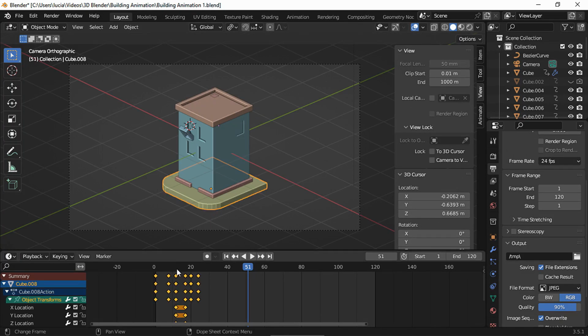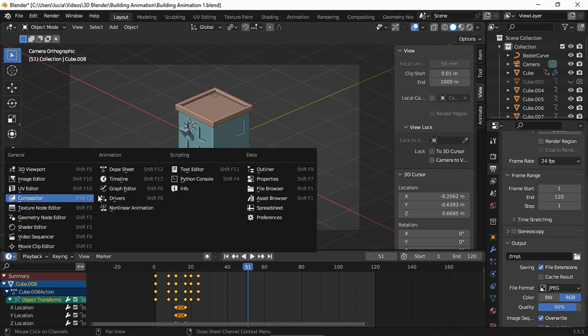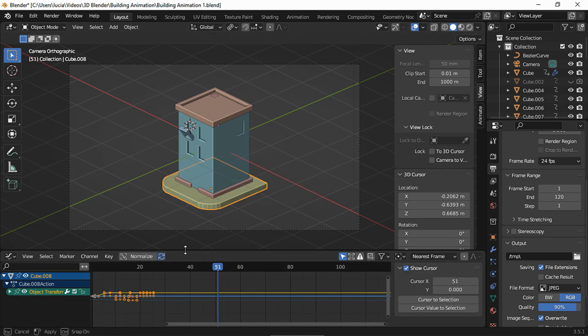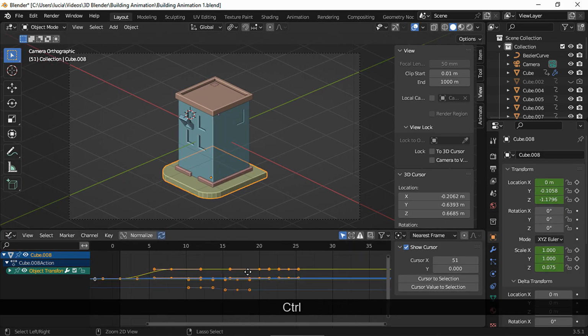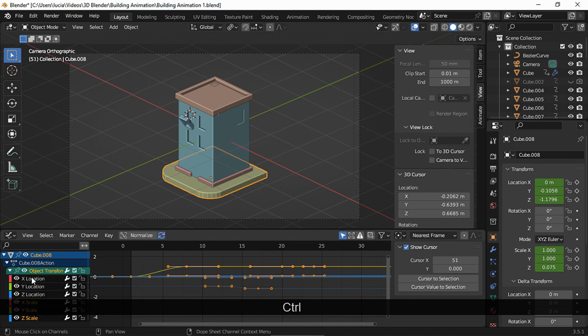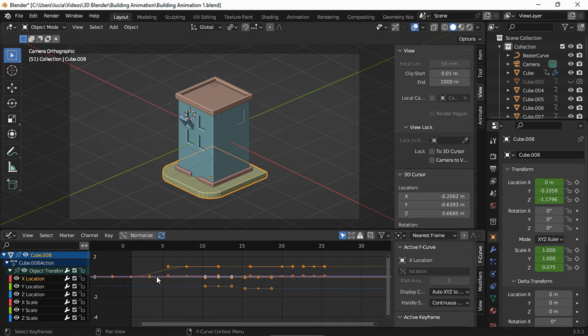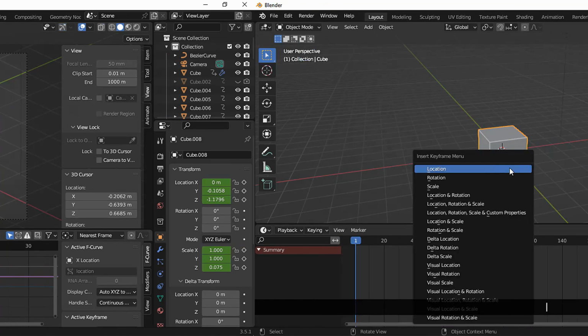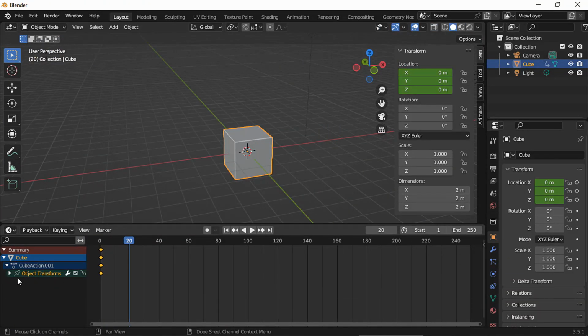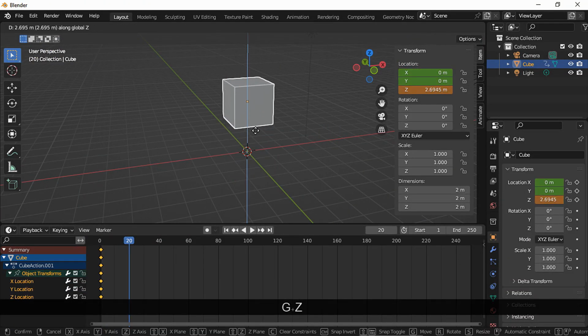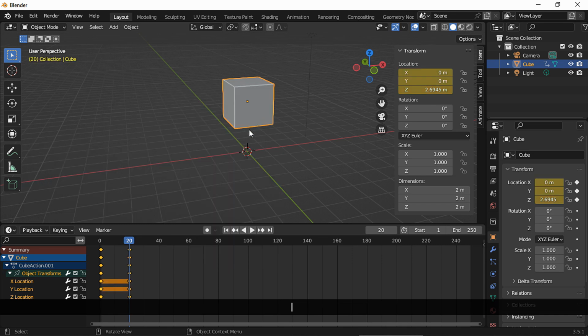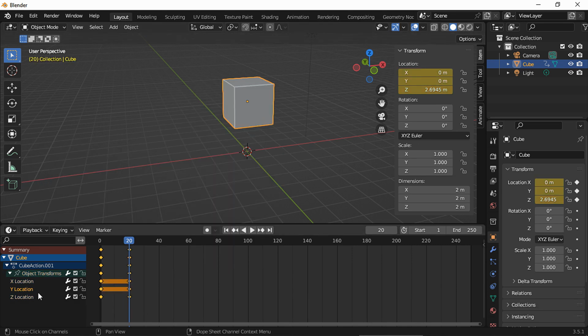Let's start with the base. We're gonna work in the graph editor, and let's leave this tab visible. First, we need to delete the channels that are not animated, like this one that looks straight. Now, why do some channels have no animation? Because when you animate only one axis and set a keyframe like this, you get a keyframe for the 3 axes.